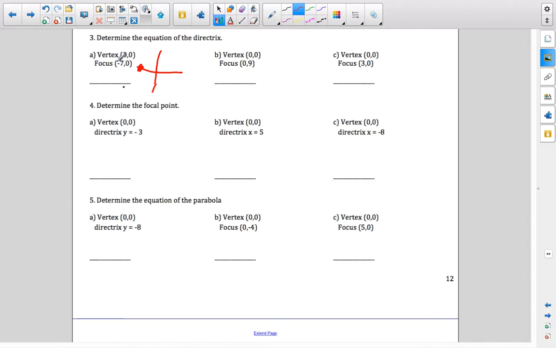Okay, since the focus is at negative 7, that gives us our x value, and our vertex is here at 0. Since the focus has to be inside of our parabola, we know our parabola is going to be going this way. Since it's going to the left, and we know it must be a y, we're going to write y squared equals, and since we have it going to the left,